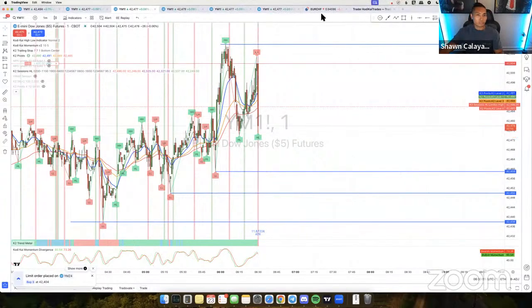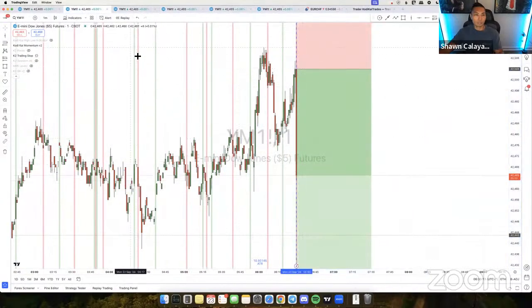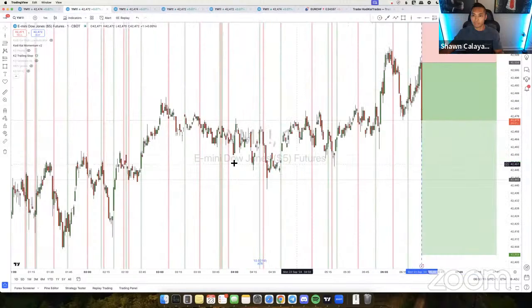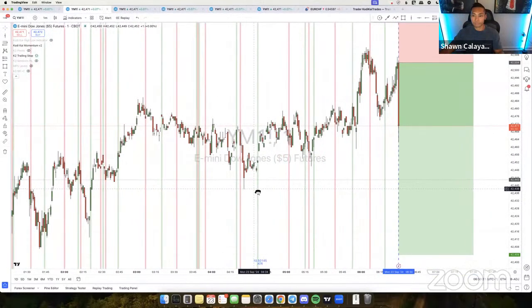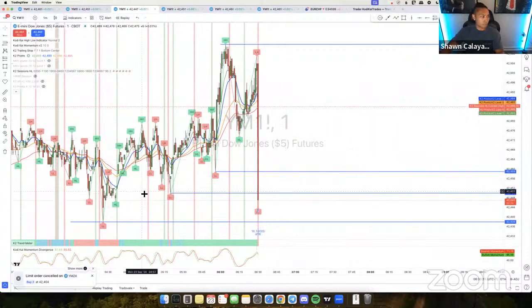Price coming down right there. Order filled. There goes a breakout right there, running in profit. We'll have to wait and see how this plays through. Hopefully it doesn't range today. We'll see where this ends up going. So we got liquidity right there, full TP right there, guys. So full TP right there on our breakout for 100 points.